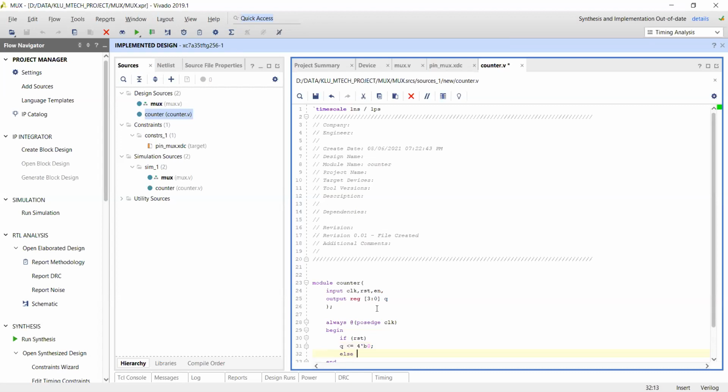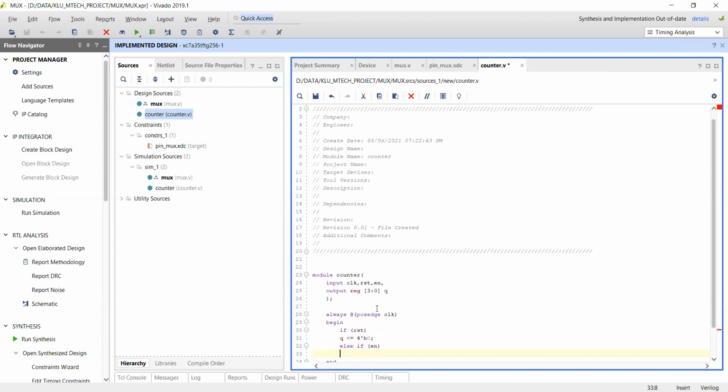Else, if my enable signal is high. Initially if the reset signal is 1, the entire output turns to 0. If reset is not equal to 1, that means reset turns to 0, then what will happen? In that case, you are verifying another condition. The condition name is called enable.